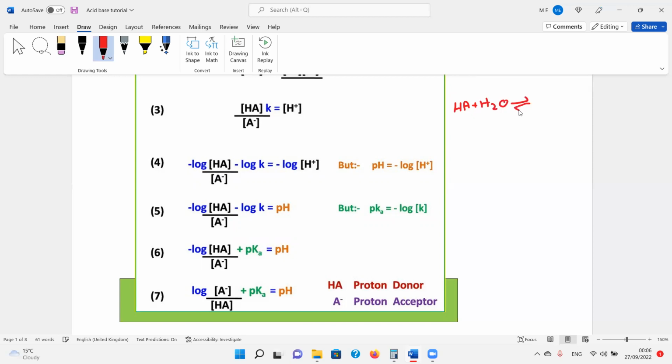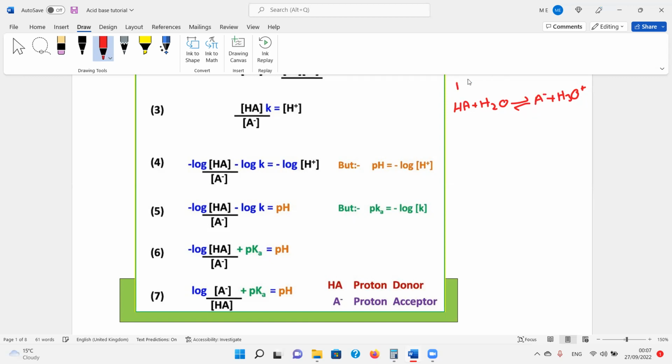As you can see here, I have created equilibrium. So it's not an arrow with one head, but two directions here. So basically here you'll have A minus and H3O plus. Fine. So for this one, if you started with, let's say, 1 molar of this, and you dissolve